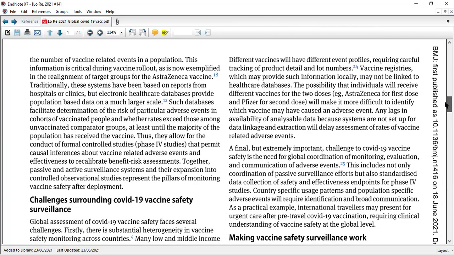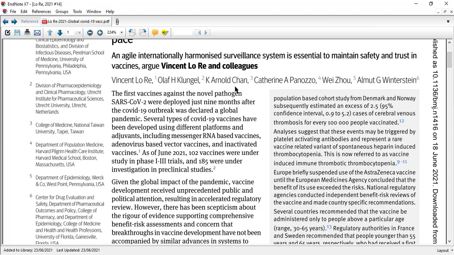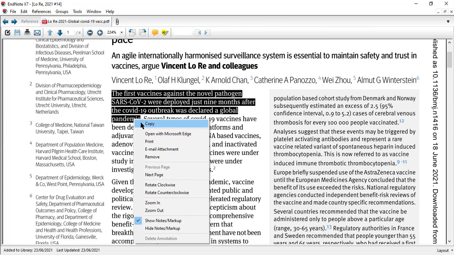So let's suppose we take one sentence from here: The first vaccine against the novel pathogen SARS-CoV-2 was deployed just 9 months after the COVID-19 outbreak was declared a global pandemic. Suppose this is the sentence we want to take to the literature review section in our Word file.